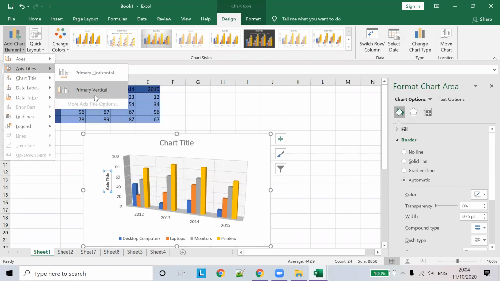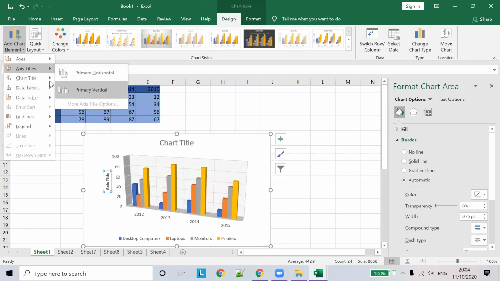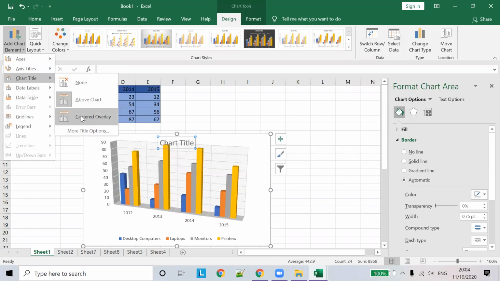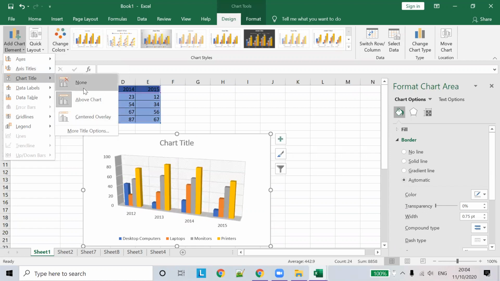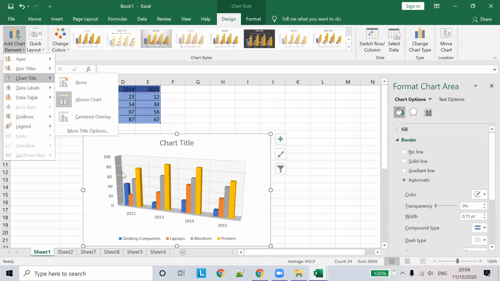If you want to choose different titles, we can choose Chart Title. This is for the placement of the chart title. Now it's placed on the top. If you want Centered Overlay, it will display in a different format, overlaying the existing chart.